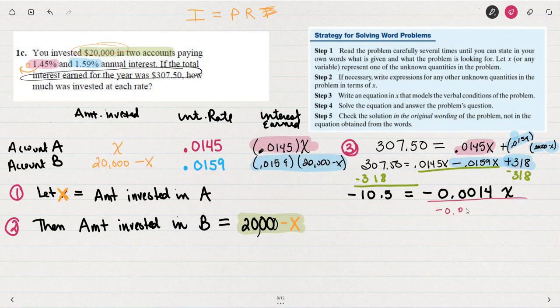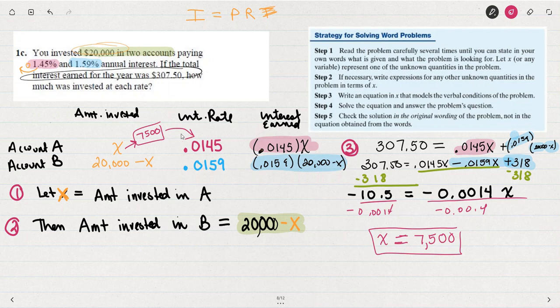So you see, if I divide both sides by negative 0.0014, I can get a final answer for X. And it looks like that gives us X equal to 7,500. Now we're not done yet, because if X is 7,500, we can see there's